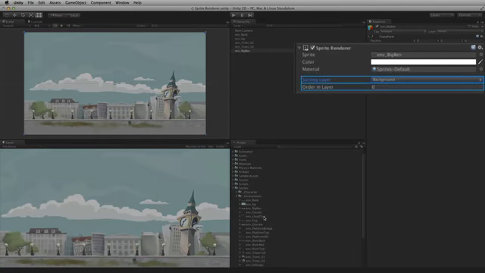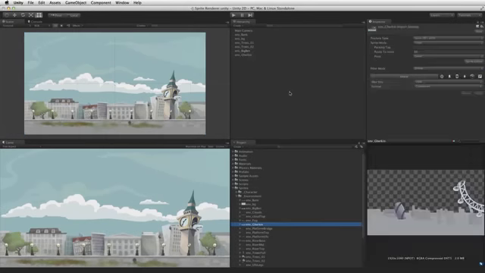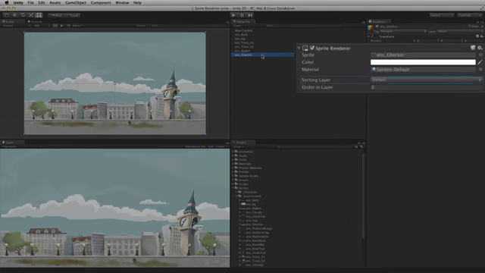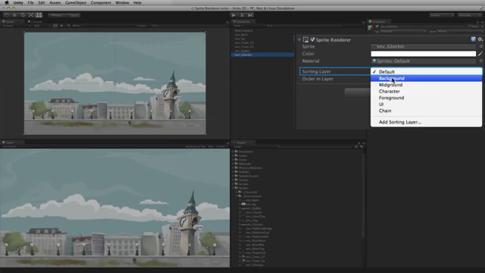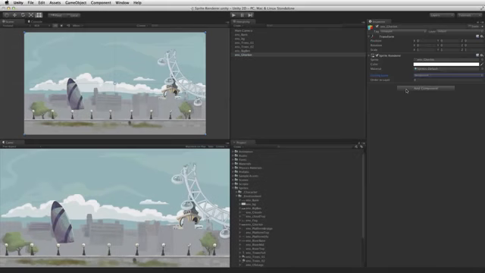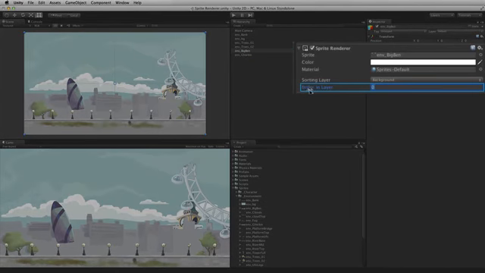Sorting layer and order in layer are the systems used to define the order in which sprites are drawn. All sprite renderers are placed on a default sorting layer when they are created. Sprites are rendered by the Sprite Renderer in the following order of priority: the order of the sorting layer containing the sprite, the order in layer value for the sprite within that sorting layer,